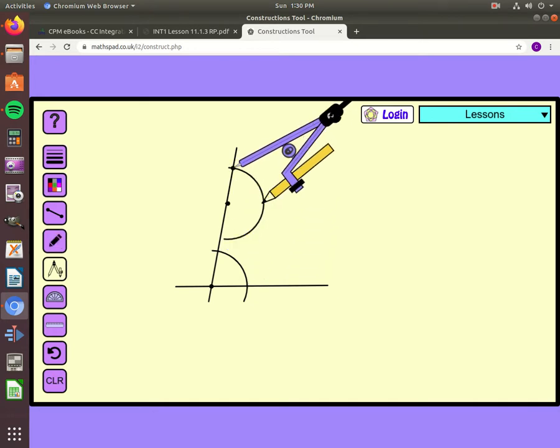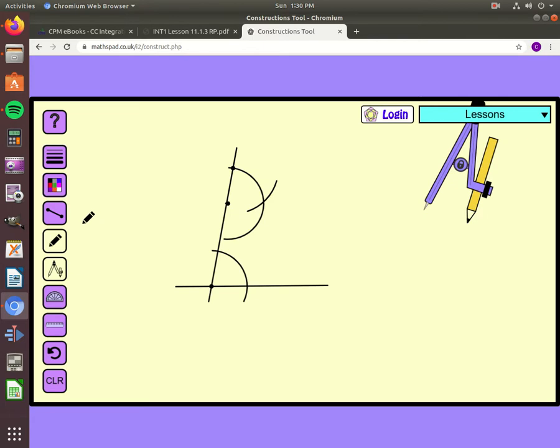Because what we know here is we know that these are corresponding angles, right? If you guys remember what corresponding angles look like, it's only true if the lines are parallel, but let's pretend these lines are parallel. We know that this angle on the top right is the same as this angle on the top right. So that's what we're doing. We're making a corresponding angle where this angle will be the same as this angle. If I just connect these 2 points here,